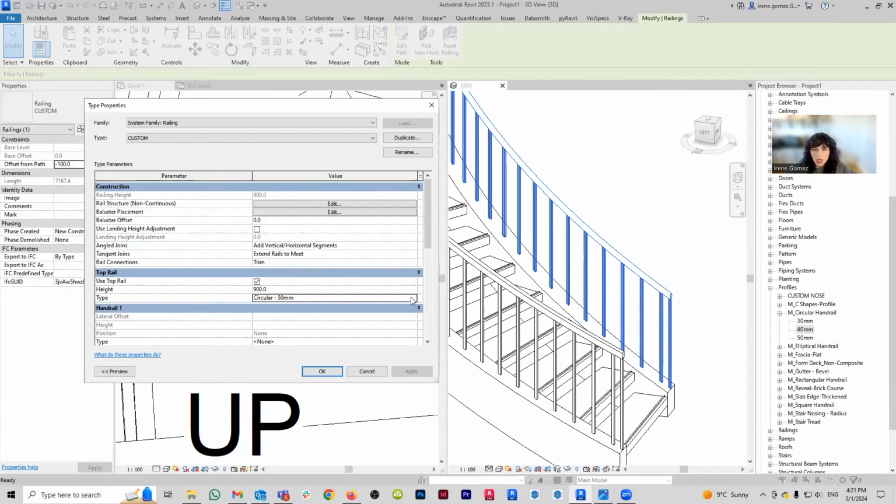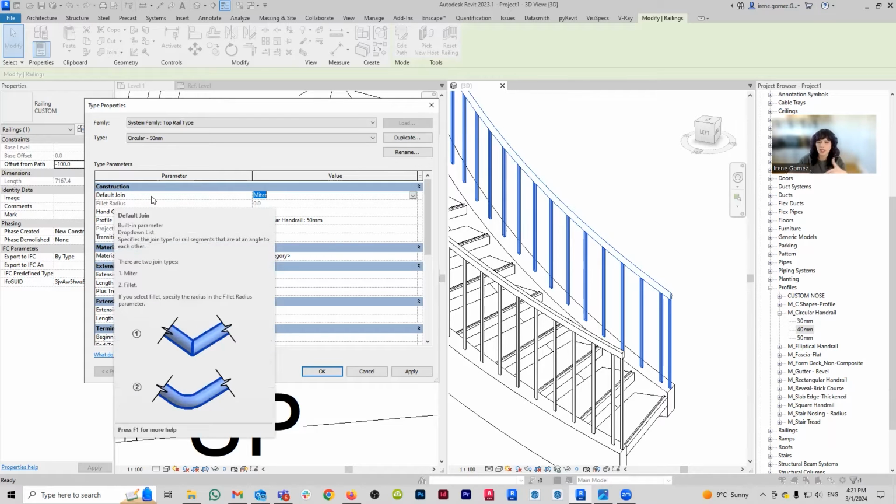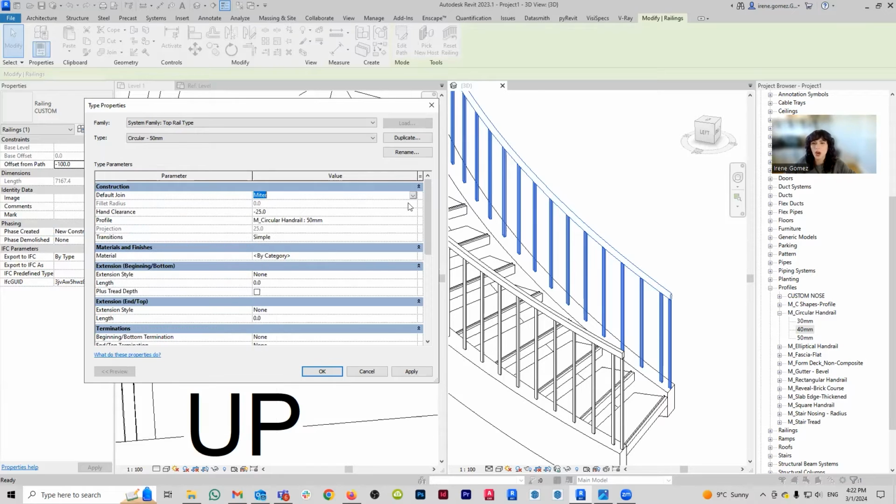So up next, we're going to go back into the profile because there's a few more things that I want to do. So the first thing that I want to do is change, I think it's this, yes, change here the default join. So the default join is basically what's going to happen whenever your rail makes a curve. So by default, it's a mitered connection join, sorry, which means that it's straight. But I can change it to fillet, which is going to give us that nice rounding. So I'm going to switch it to fillet. And when I do that, I get to decide the radius of the fillet. So it doesn't look like a really big radius. So I'm going to make it 100 for the time being.